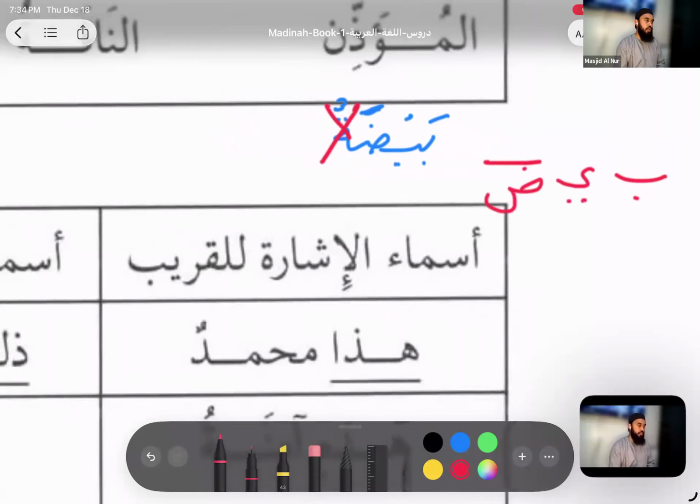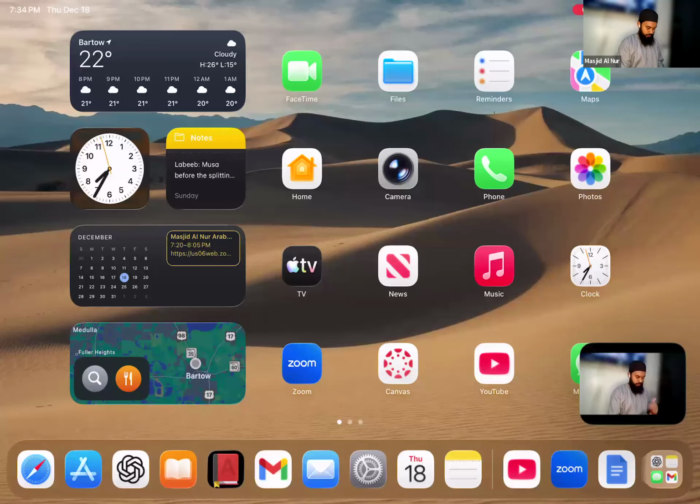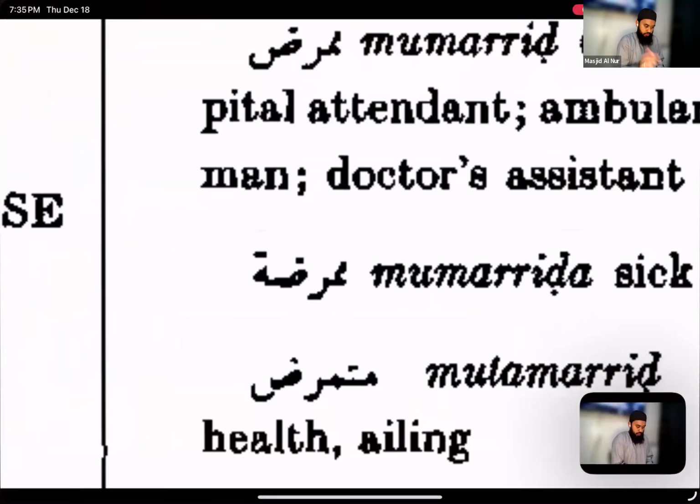Let's look for it. Bayda could also be mentioned as bayd. One is feminine, one is masculine, but both are used in the Arabic language. I could say akaltul bayda, or I could also say akaltul bayd. It's totally fine, both are fine. It's just a difference in gender. Both are eggs. You're not going to look at the gender of an egg. It's the same, right? So let's find it.